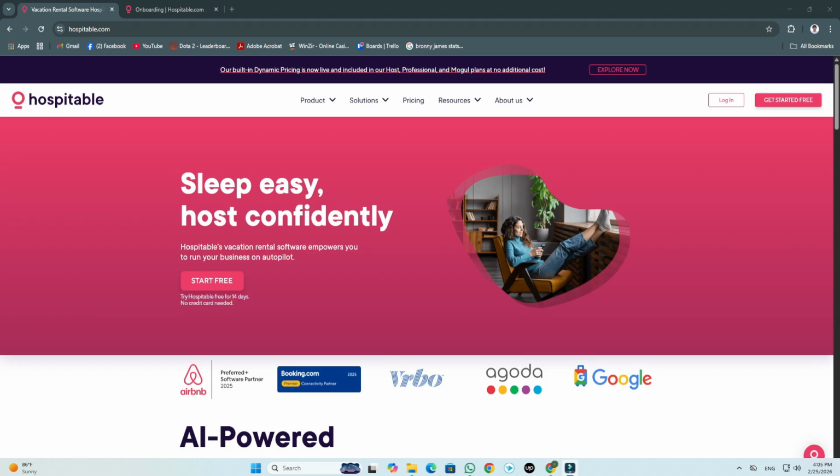So before we get started, let's have a glimpse of the platform's overview. So Hospitable.com, formerly SmartBnB, is an all-in-one automation tool for short-term rental hosts. It's especially popular among Airbnb, Vrbo, and Booking.com users because it consolidates communication, calendar management, and operational workflows across multiple platforms into one place. One of its most powerful features is automated guest messaging, so you can create customized message